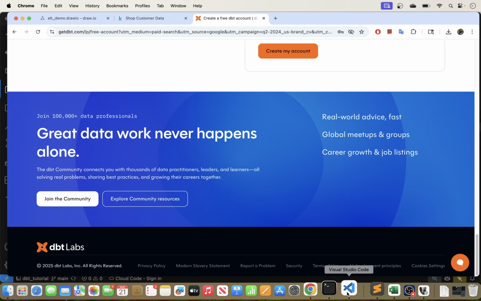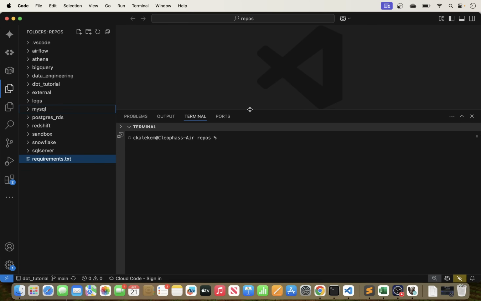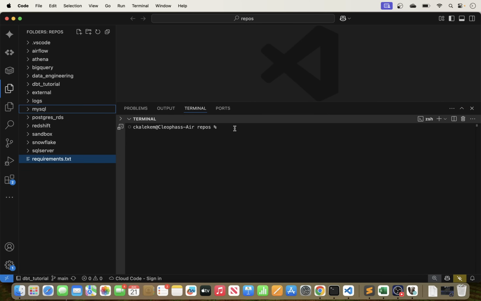So for our case, we are going to install the dbt CLI. In order to do that, we need to create a Python virtual environment, and we'll install our adapter in there, and then we'll make our connection to Postgres. So within this folder here, I'm going to create a Python virtual environment, and then we will install our adapter there. For that, I'm going to use Python, and then we will create our virtual environment. I'm going to call this virtual environment venv,